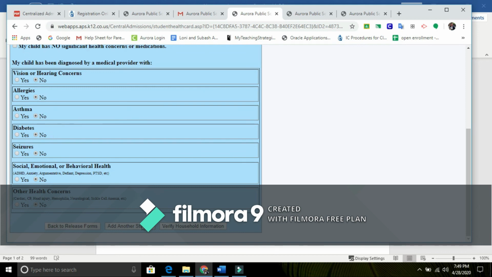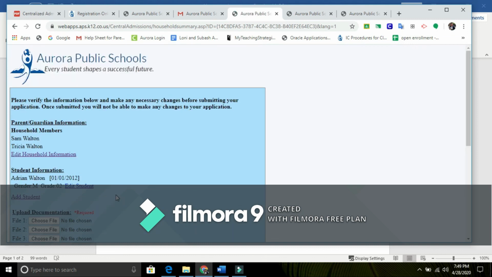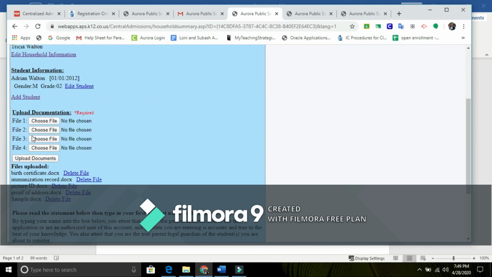All right, if you have any other student you want to register, go through this. If not, then verify household information. So this is the most important thing. Remember, at the beginning I talked about the 4 documents that we need to upload. So this is the place that you need to upload. If you have taken a picture from your cell phone and saved it in your computer, now is the time. So what I'm going to do is I'm going to choose a file,